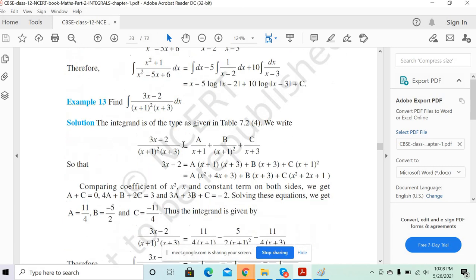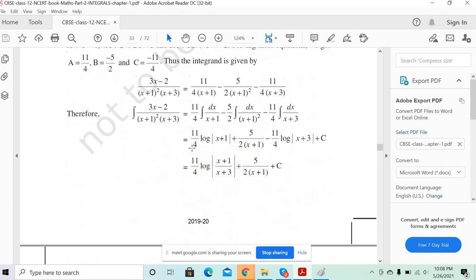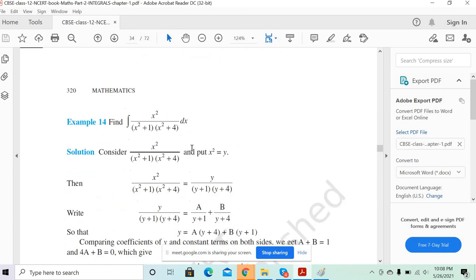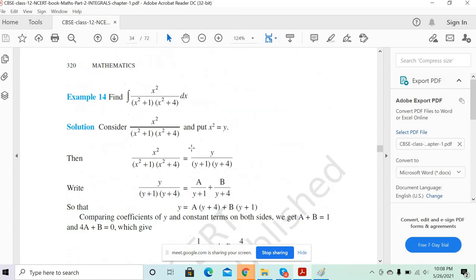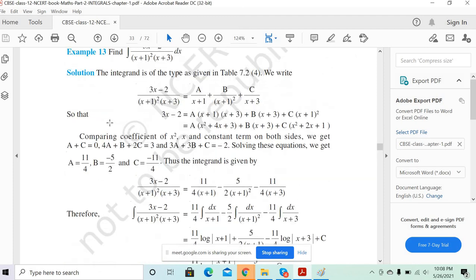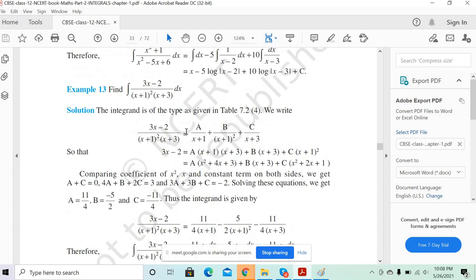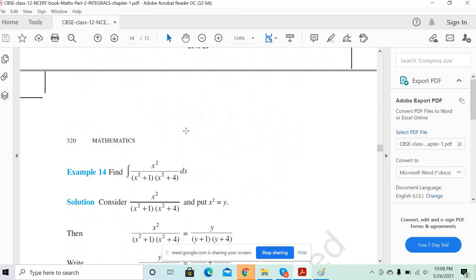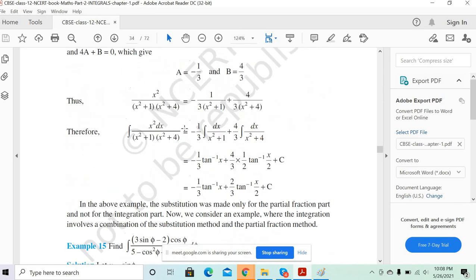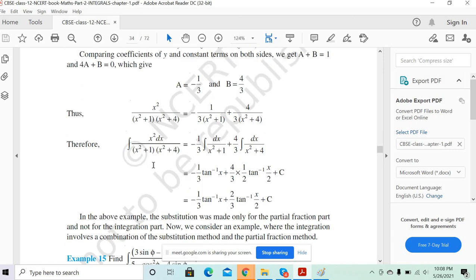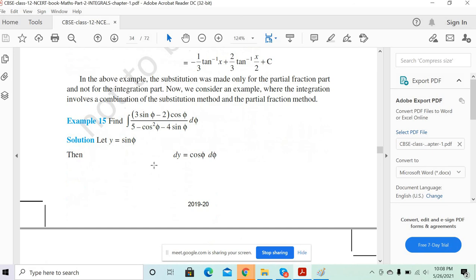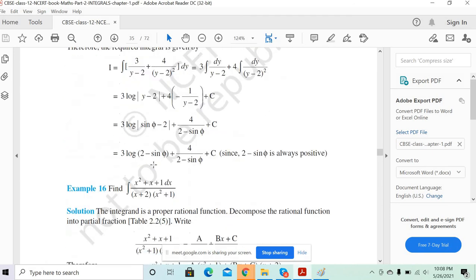Now you can just take this example 13 in a similar way. I don't have to explain this part to you in detail. The reverse, pretty much the same thing. Now you can do the 13th and 14th as part of homework, Vijay. It should be fine. It is pretty much a similar thing. In case you don't understand, then I'll explain to you. And then I need to explain the example 15 to you. The 15th one is important because some substitution is required, so I'll explain how to do that. Nothing to get confused about.